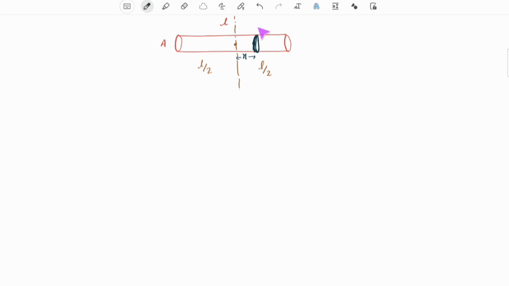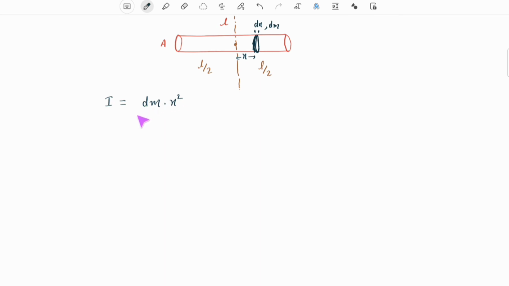The thickness of this cross section is very small, and we take it as dx. Mass of this small particle or small disc would be dm, very small mass dm, with a thickness dx and at a distance of x. So let us calculate the moment of inertia for this small particle, or very small cross section or disc, would be mass of the disc dm, second moment of mass of the disc about this axis. So x is the distance, dm into x square, right?